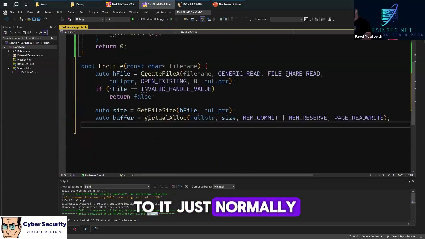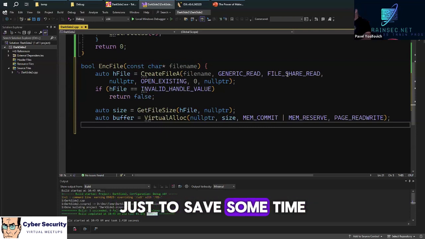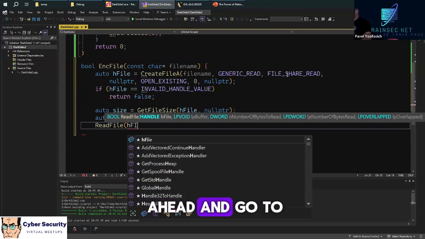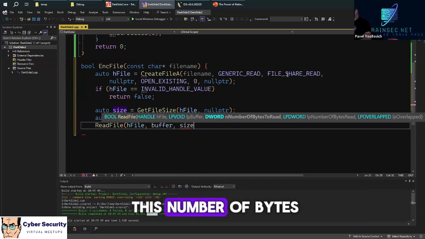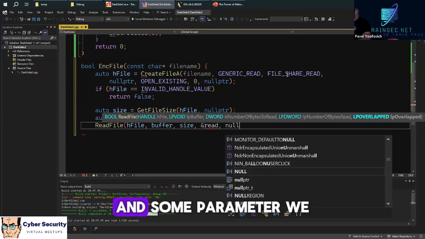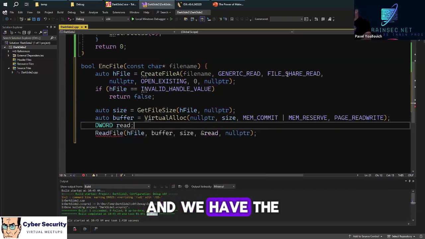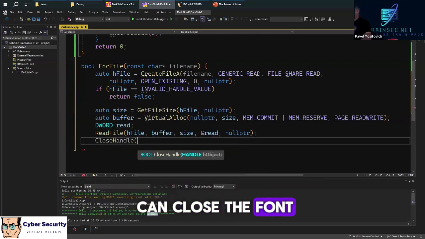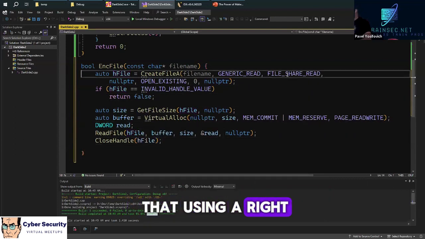And once we have that, again, I'm not going to do any error handling here just to save some time. We're going to read the contents of the file. So I'm going to go ahead and go to the handle of the file. Here's the buffer. Here's this number of bytes, which is size. And then I'm going to get back the number of bytes that were actually read and some parameter we don't care about. So we're going to do that, and we have the contents of the file. So now that we have that, we can close the file. I'm going to close that, and we can reopen that using write